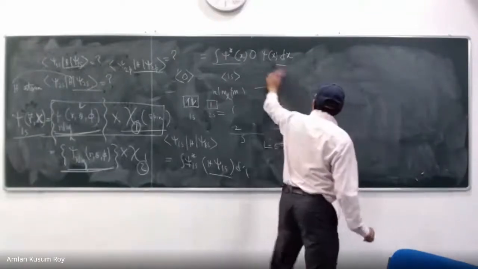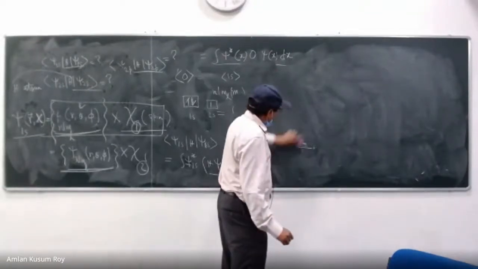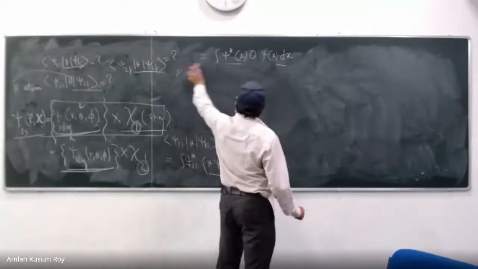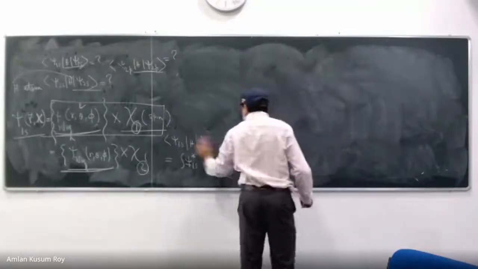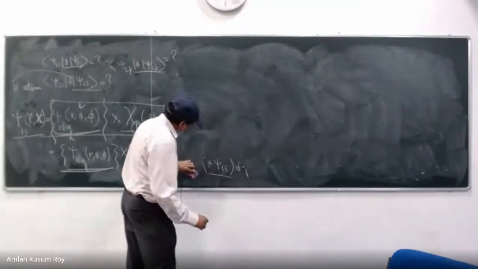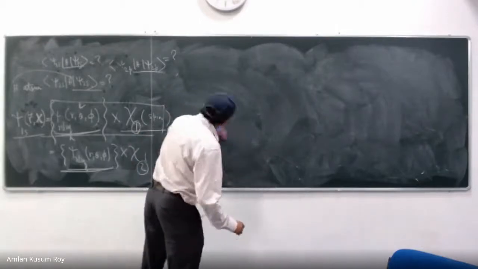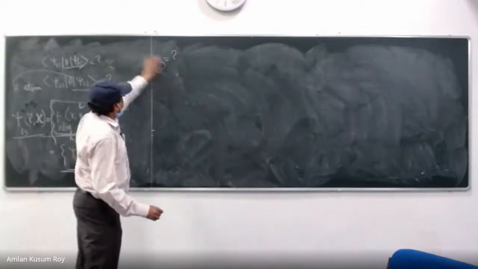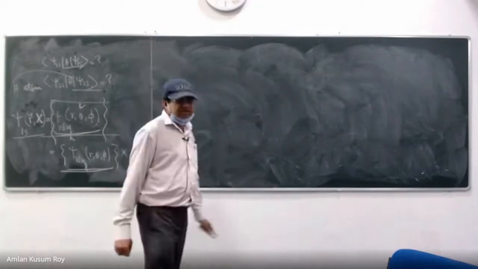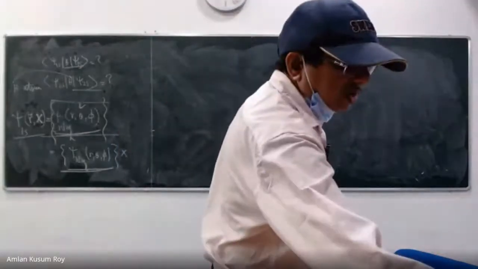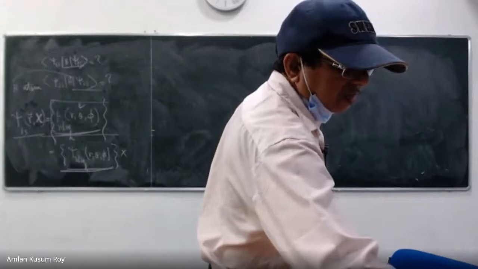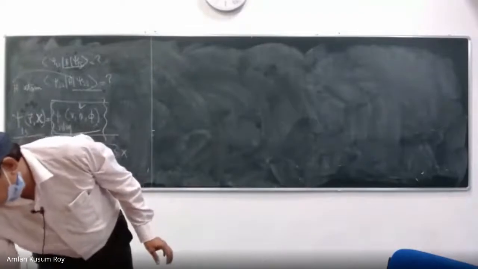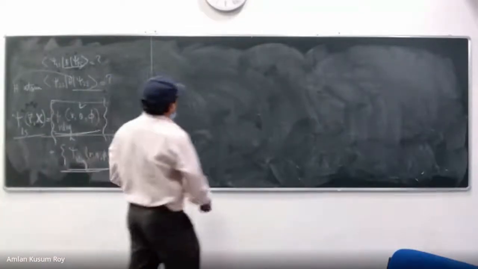Okay, the effect of spin on the hydrogen atom is clear. Now we can go to the original discussion we wanted to have, how to add the angular momentum. And I told you that there are four possibilities: L1 L2, S1 S2, L1 S2, and L2 S1. So I need to devise a general scheme. What do I do? First, what is the problem? Let us understand the problem. In quantum mechanics, generally the problem understanding is the big problem. Forget about the answer.